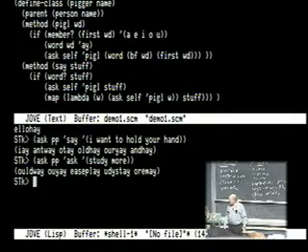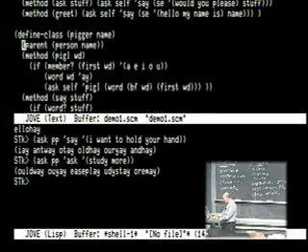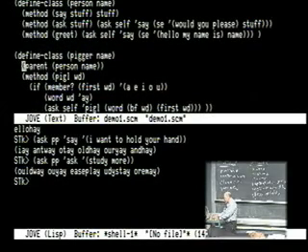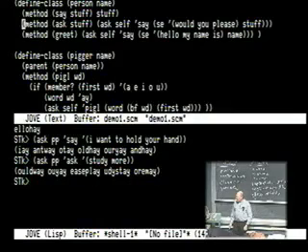Okay? So that's why it's important that back in the person class, when we defined ask and greet, we didn't just return the sentence "would you please stuff." We said ask self to say that. So there's a pigger and a person. But the person who's the parent of the pigger